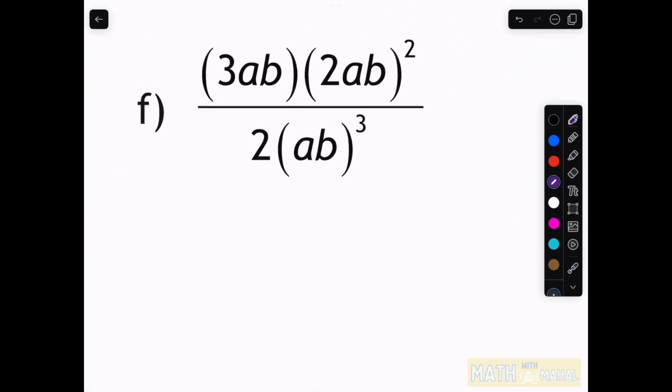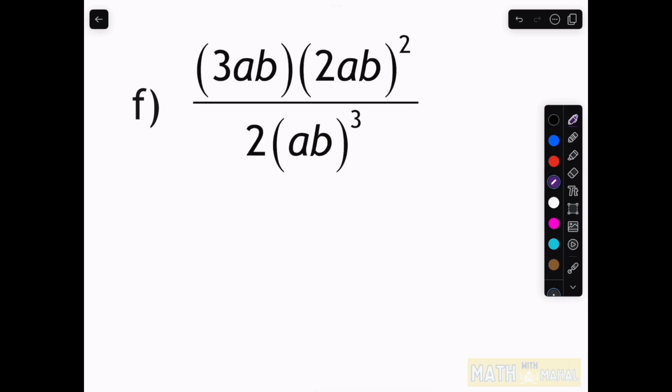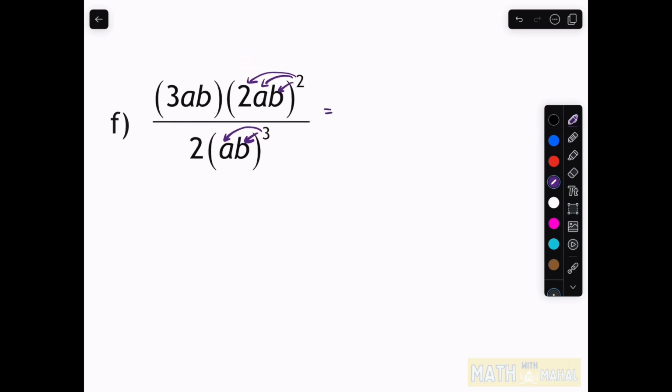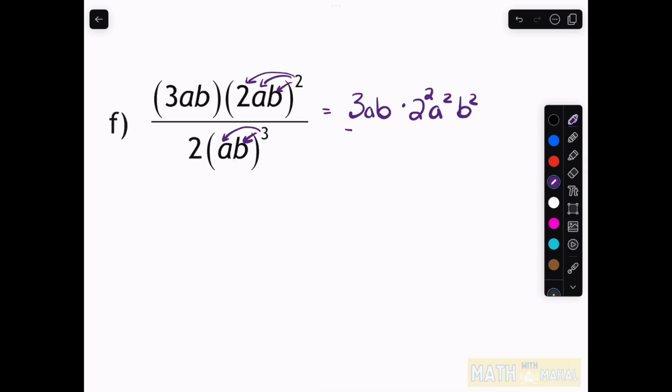And finally, F is a little bit of a wonky one, so let's take our time with this one. What I want to do first is rainbow in this exponent, and it does have to go to everything inside the brackets. So I'm actually just going to write this next to it to begin with. So the 3ab stays unchanged. Now we have 2 to the power of 2, a squared, b squared, over 2, a to the power of 3 and b to the power of 3. Now the tricky thing is because,